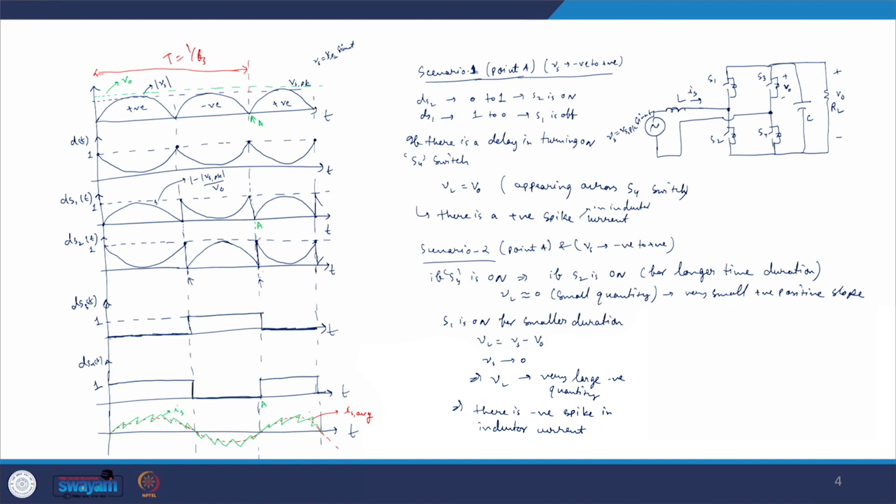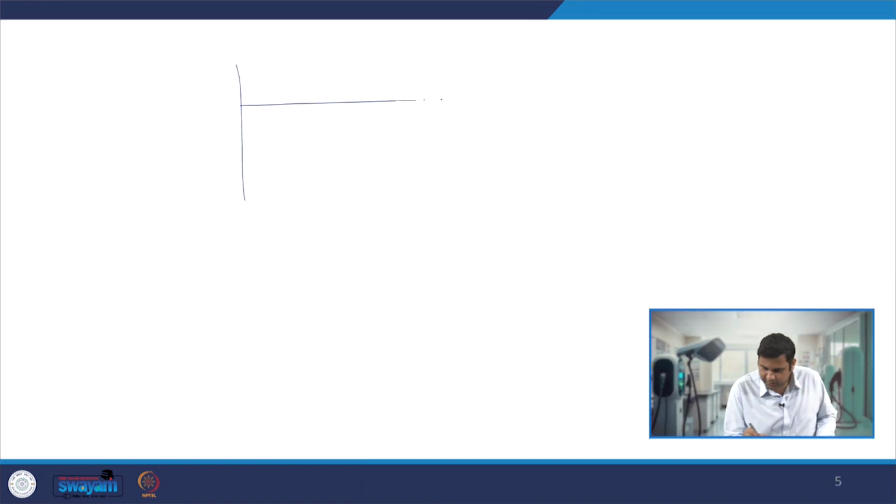So when it is going from negative to positive, there is a positive spike and a negative spike, and the same thing will happen when the input voltage is going from positive to negative direction. So what we see is that the inductor current, what you want is you want your inductor current to be